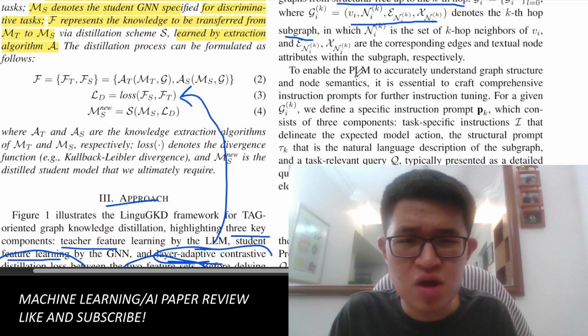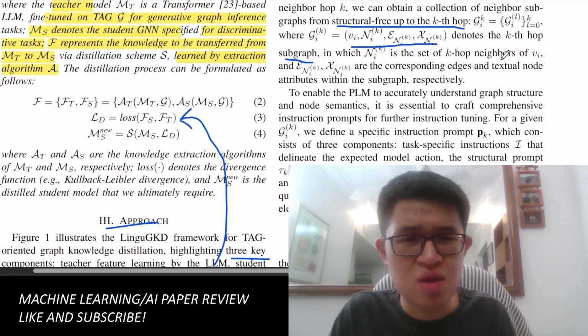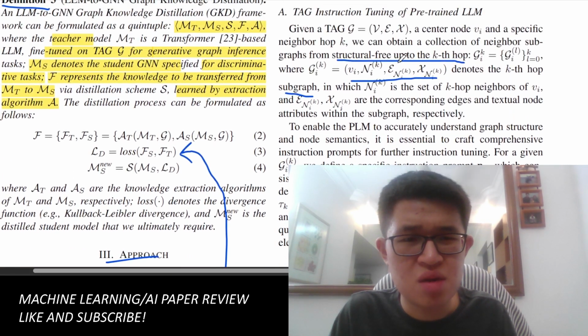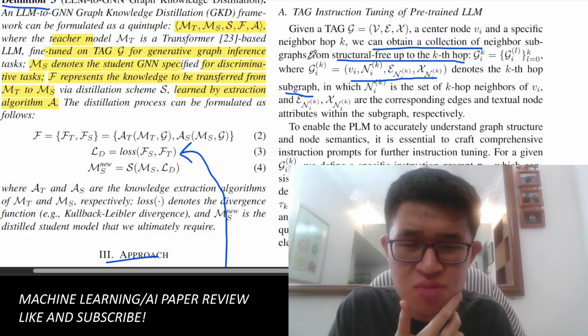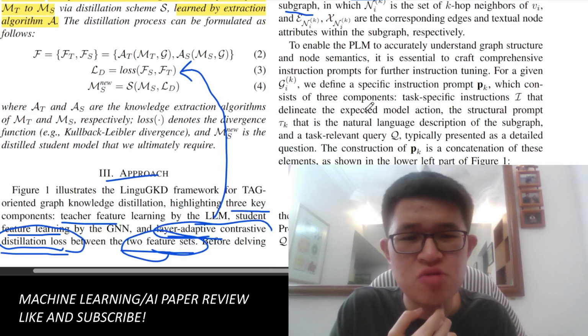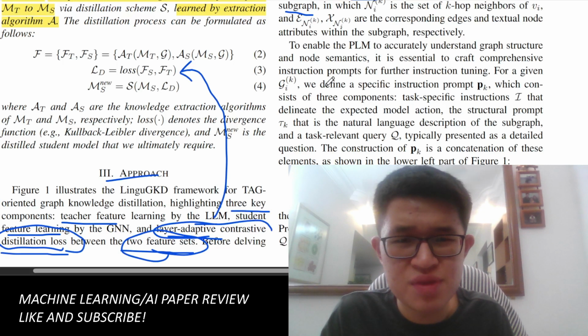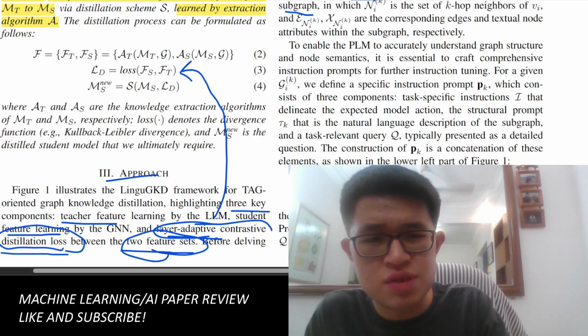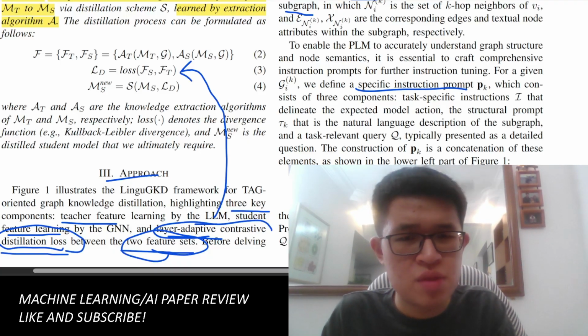To enable the LLM to understand graphs, they need to craft a structure prompt. We obtain a collection of neighbor subgraphs. Okay, right. So they obtain the subgraphs, and then they define a specific instruction prompt, called PK, and it